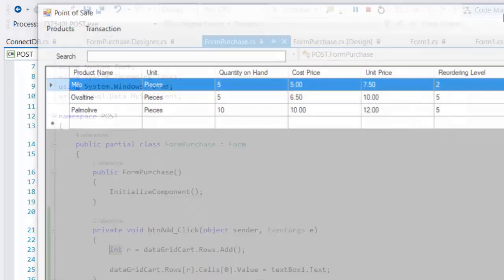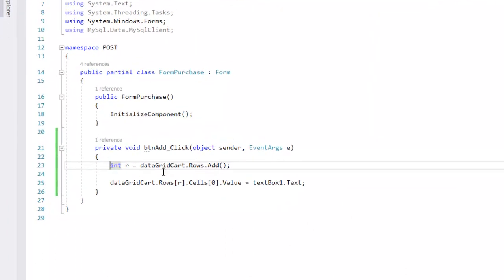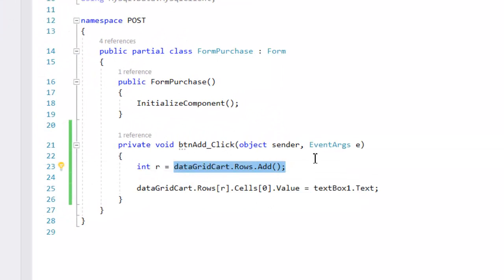That is how we're going to populate our grid view. So just use the add rows property, and again assign the data to our grid view row cell. Okay,